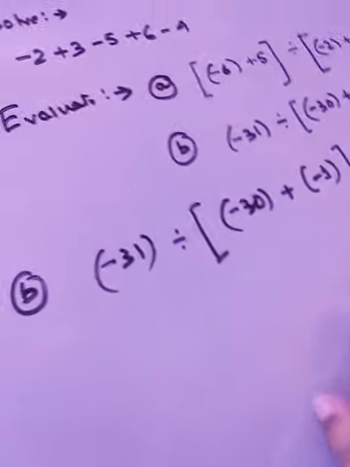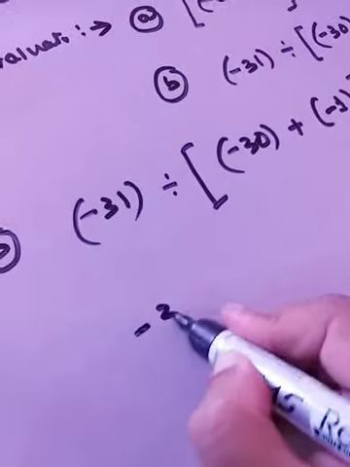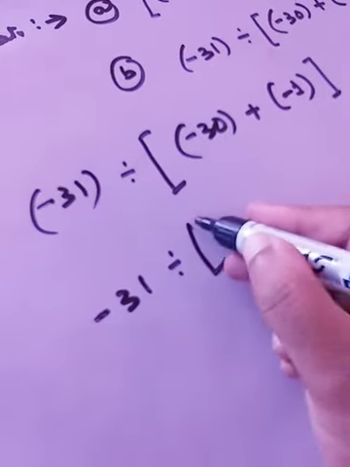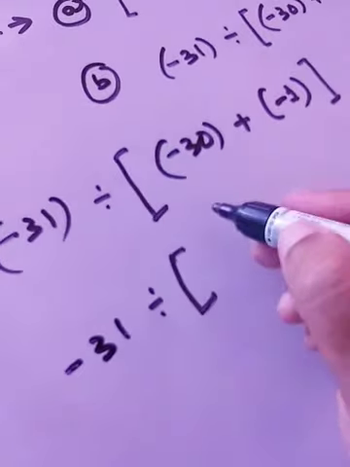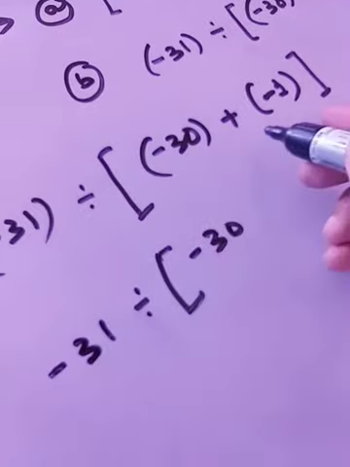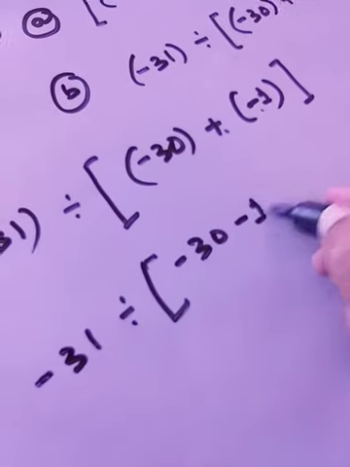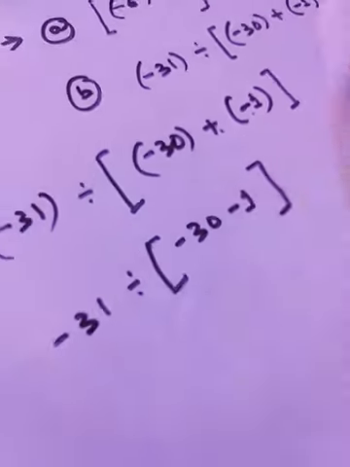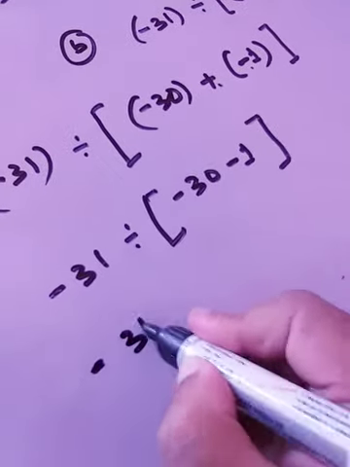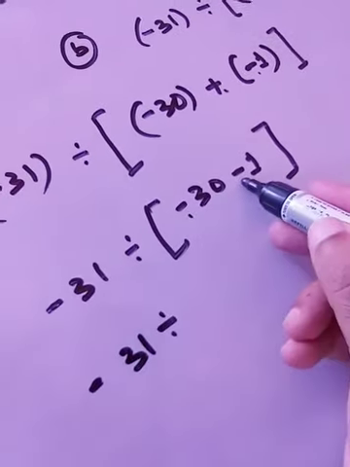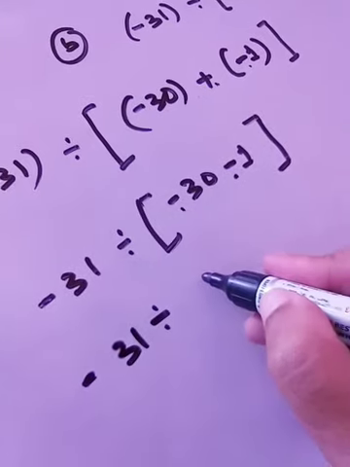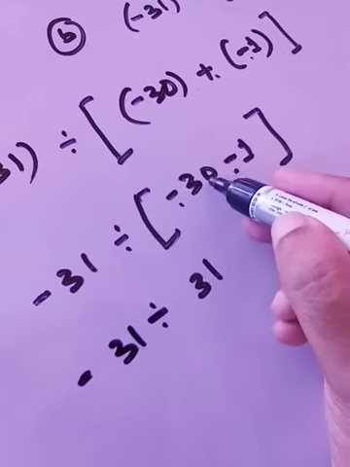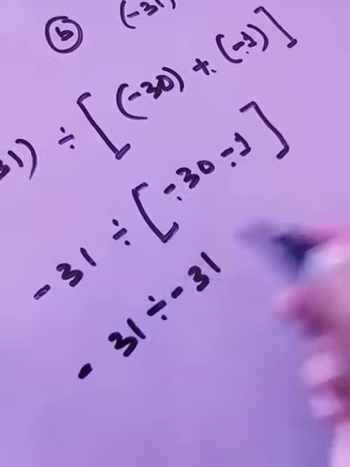So this is sum number B. So first we'll open this bracket. Same thing we'll do inside the bracket. That is, we'll first open the bracket. Plus minus is minus. This is how we have opened all the brackets. Now we have to solve it. Minus 31 divided by, now minus minus is plus. 30 plus 1 is 31. Which number is greater? 30. It is carrying which sign? Minus. So just put a minus sign.